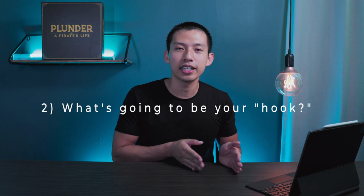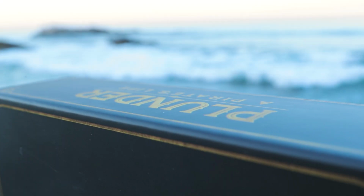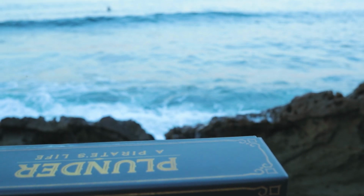And then step 2, I think about the hook. So the hook is the very beginning of the video. It's what captures and grabs your audience. This is the part where you are establishing the premise for the audience and introducing them to what the video is about. For me, I always start out with the box art, so it gives a general overview like, hey, this is about a board game, and this board game is called